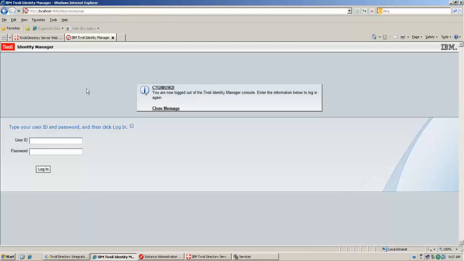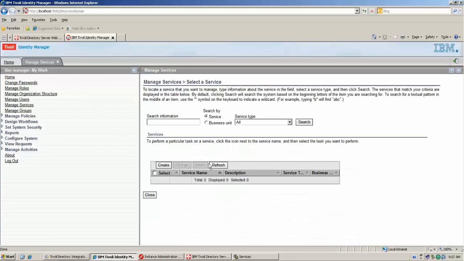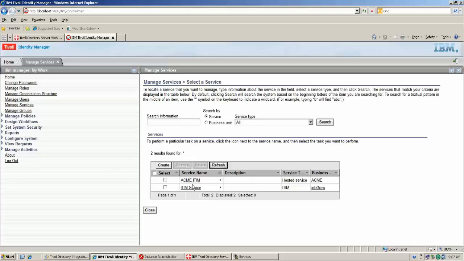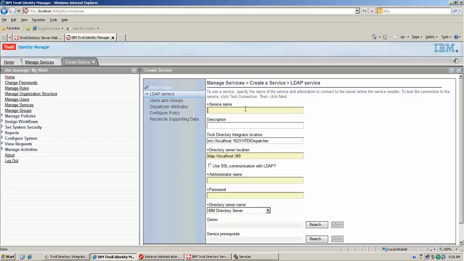We'll head over to the Tivoli Identity Manager, log in as ITIM Manager, enter our password, and the first thing we're going to do is define an LDAP service to interact with the users in this LDAP directory. And to do so, we're going to go to the Manage Services tab. We're going to hit refresh, and from here you can see the available services we have. We're going to create the LDAP service. We're going to create it in the Integro business unit, and below you can see the available service types that we can use. We're going to choose LDAP profile, hit next,